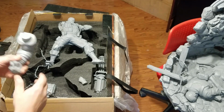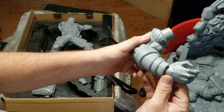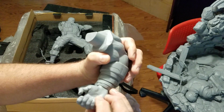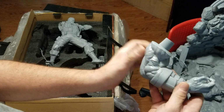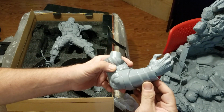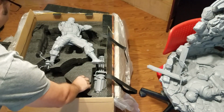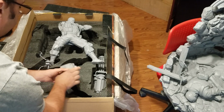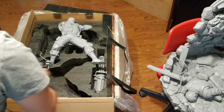Now this piece right here, this hand, this isn't a deal breaker to me as far as it being glued together. I think this is okay. So I don't think anything has to be done with this piece. It's a fairly easy masking job to paint that. So there you go. So either throw the backpack in here like this with some bubble wrap, or what you do